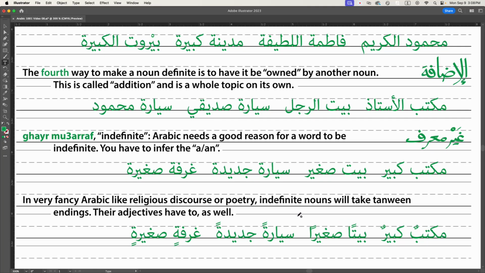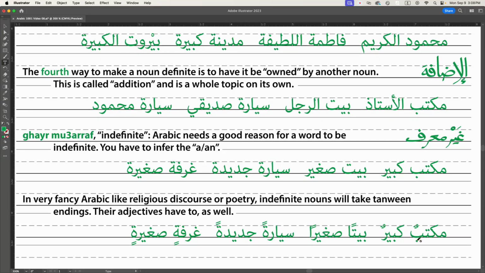And again, this is one of those thank you Arabic for being super complicated things. This is definitely not something you need to worry about at your level. It's just here for completeness purposes. If I bought a new car, which I have not, I would say sayaratan jadidatan. And we don't need the extra alif if the word ends with ta marbuta. If I were in a small room, I'd say fi for in, and then ghurfatin saghiratin. But again, no one says this in everyday conversation. It's just here for the purpose of completeness, and we are now